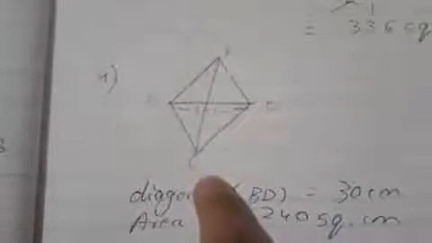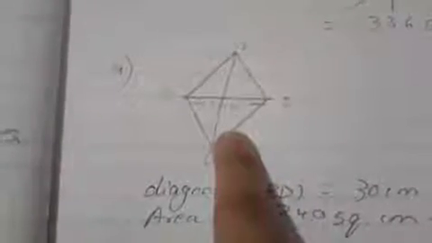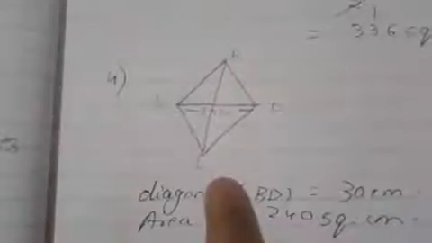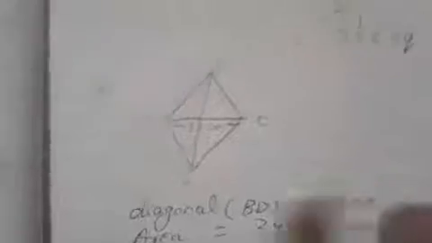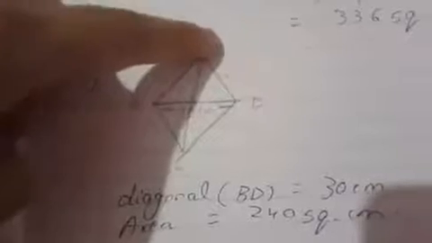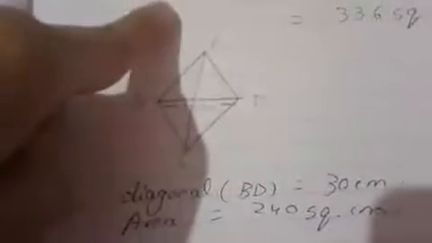Okay, so once you find the other diagonal, then we can say that the diagonals of the rhombus bisect each other. So why are we saying this? Because we want the side. Why do we want the side? Because they are asking us to find the perimeter. Okay, and for perimeter, what is the formula? It is 4 into side. So can you see any one side we know over here? We don't know. So we need to find. Any one you can find. If you find AB, the others will be the same only.